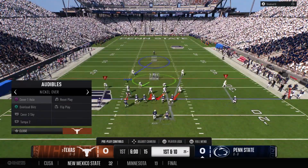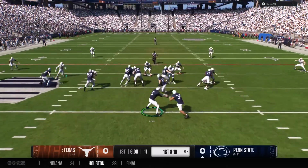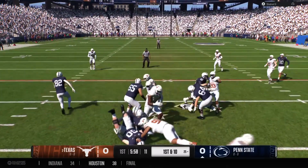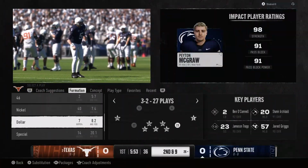Offense set on first down. From the gun, they'll try the middle. Not much doing there. He gets it to the 26, a gain of...